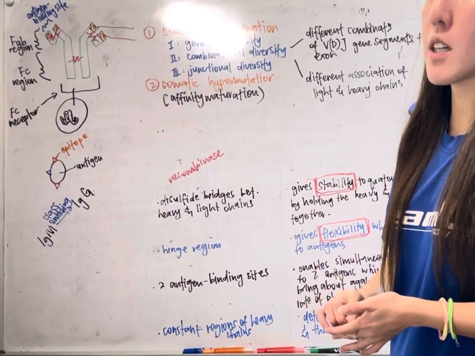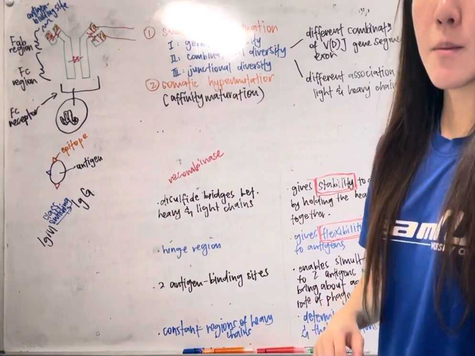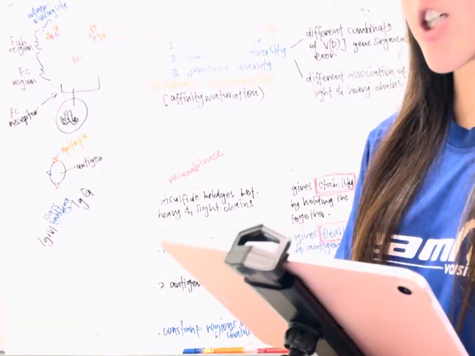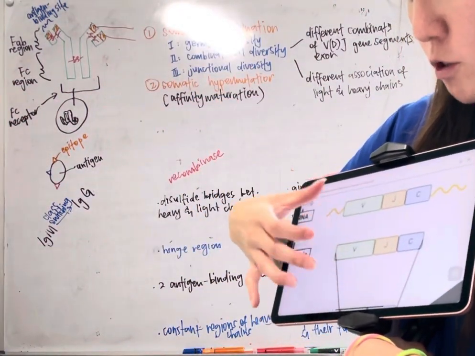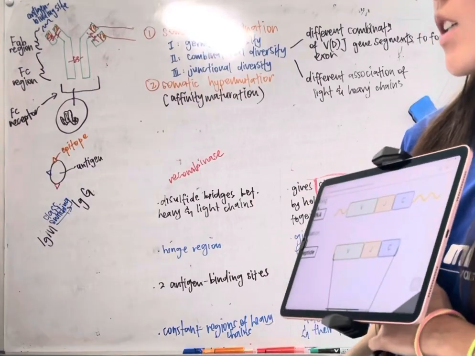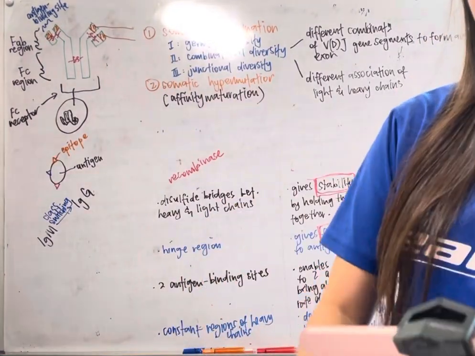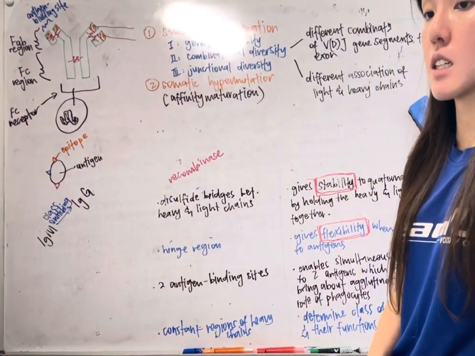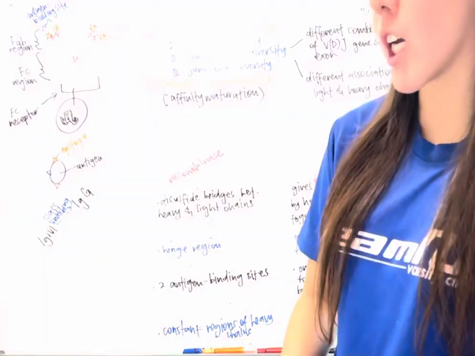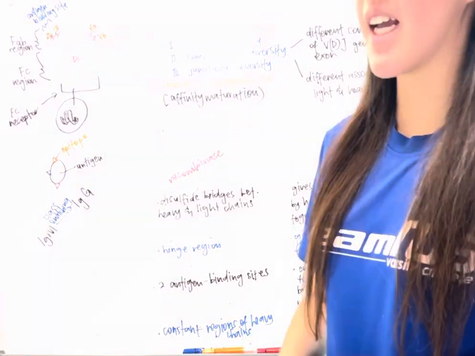So the first one you can write down if you do not know what it is: somatic hypermutation. But I need to point out, somatic hypermutation doesn't occur here. It occurs once all the VDJ units are rearranged already. That means it's already at this level, the last stage just before translation. So for hypermutation, you can write: occurs at rearranged VJ and VDJ exons of light and heavy chain